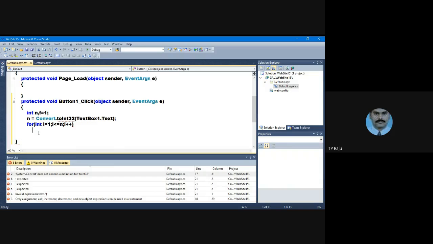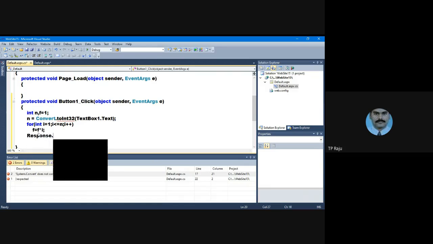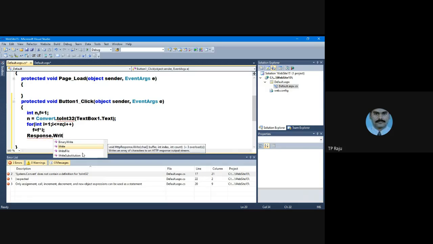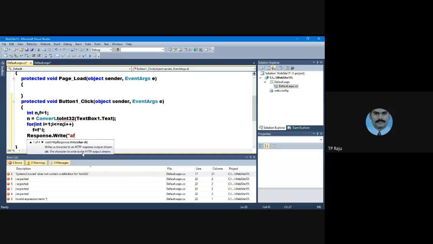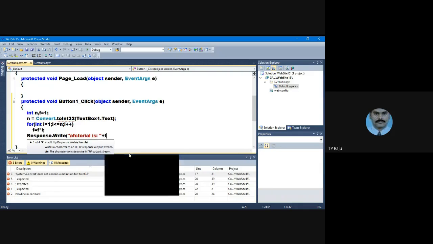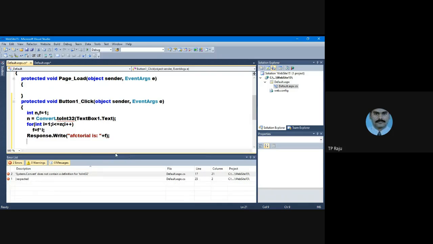So here in this for loop I write the logic f equal to f times i, since we get that factorial value. Factorial is f. This is our logic.